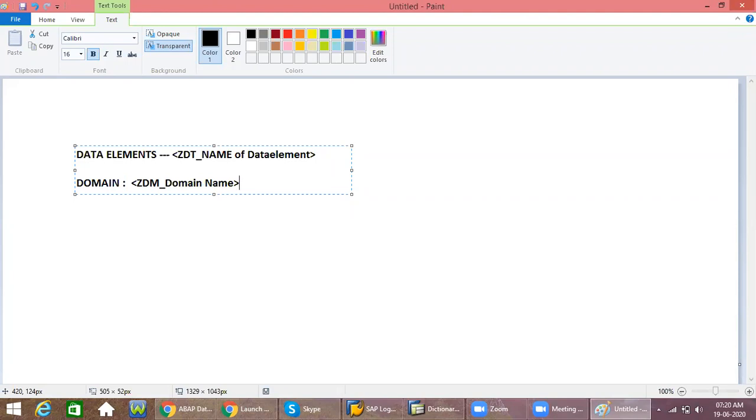But the system doesn't know what is a data element or a domain, and we as human beings also don't know exactly. So for our analysis purposes, I am suggesting you practice like this from now onwards. This time I am following the same rule.